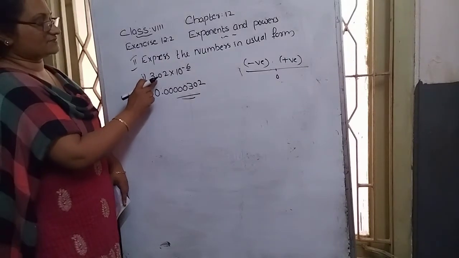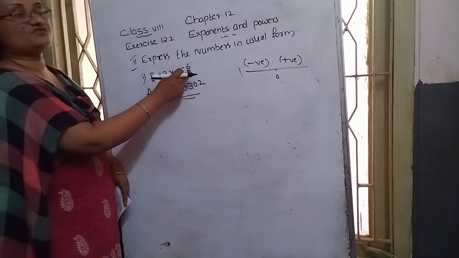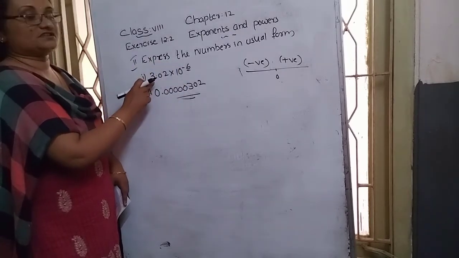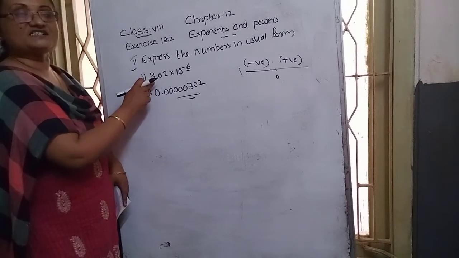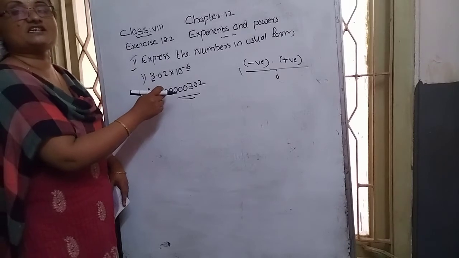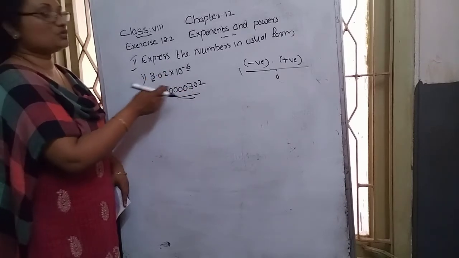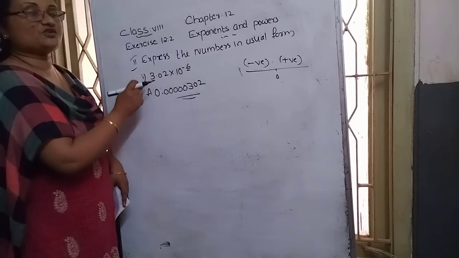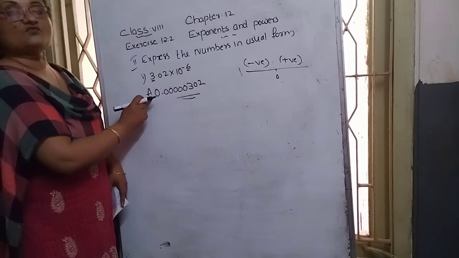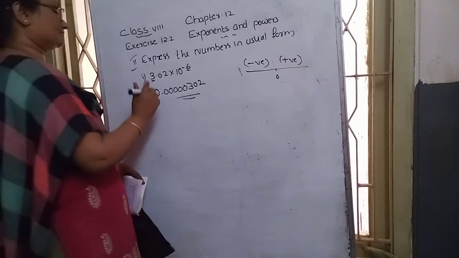Already on the left side of the decimal, one digit is remaining. How many digits do we require? Total 6 digits. In that 6, one digit is there, so 5 digits are missing. Instead of those, we can put zeros. So keep 5 zeros and write 302, and the decimal point comes in front of this part. After the decimal, in the whole number part there are no numbers, so in that place we can put a 0.